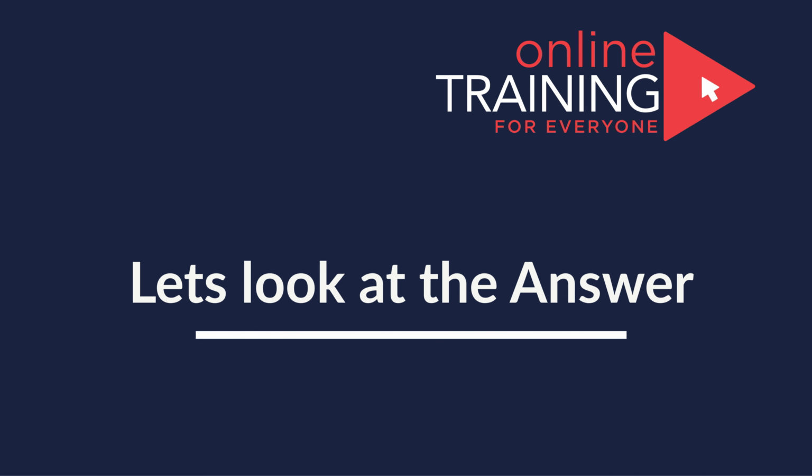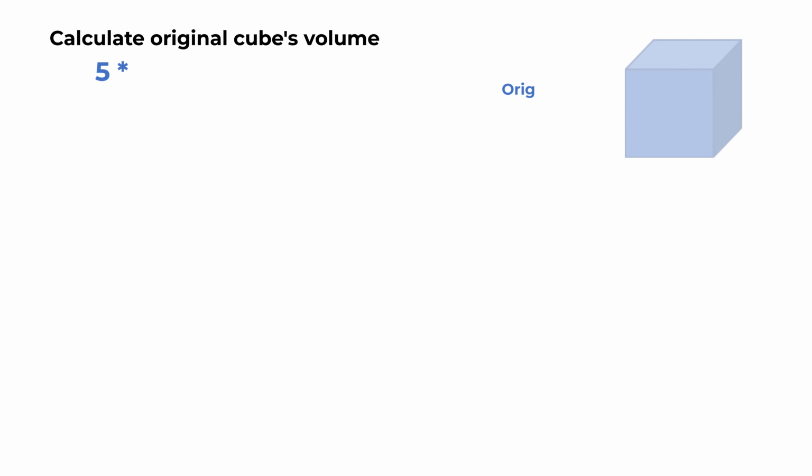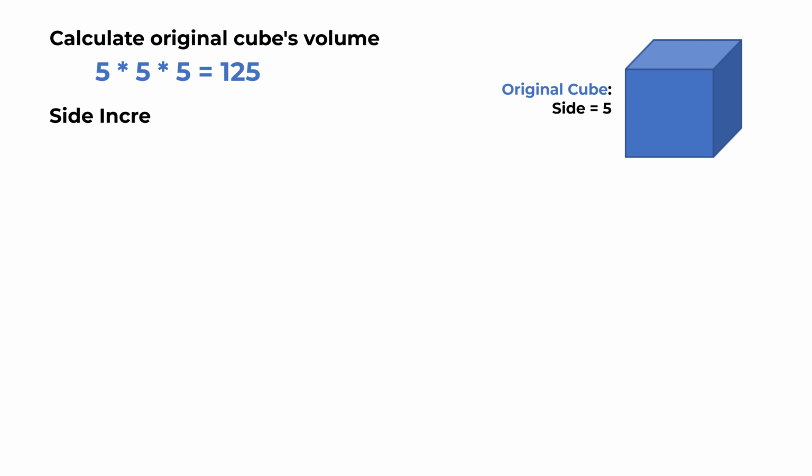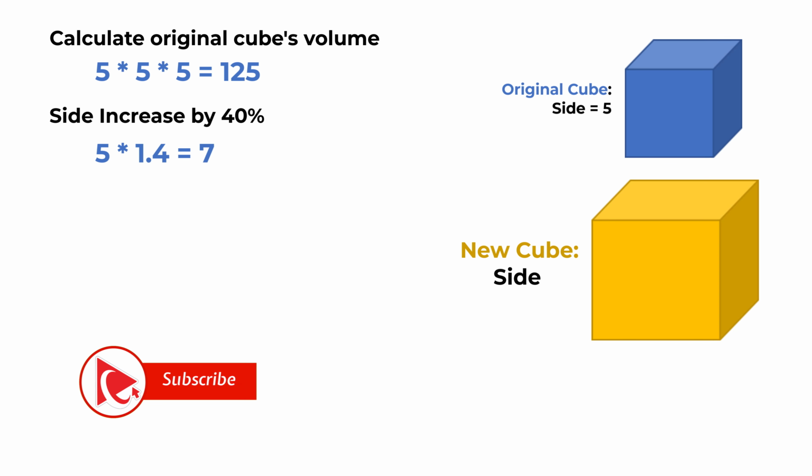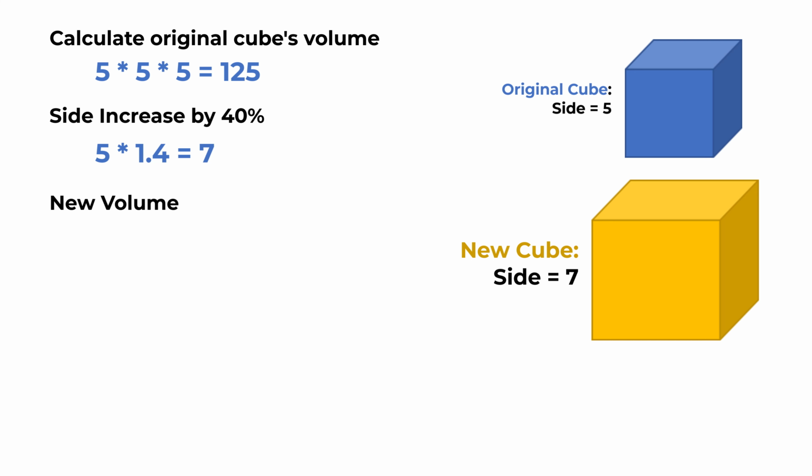First thing we're going to do is calculate original cube's volume. 5 multiplied by 5 multiplied by 5 equals 125. Now let's increase the side of the cube by 40%. 5 multiplied by 1.4 equals 7, which means that the new cube's volume would be calculated as 7 multiplied by 7 multiplied by 7, and the end result will be 343. The volume change in